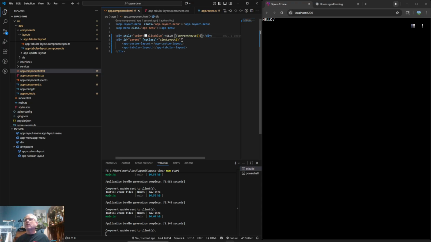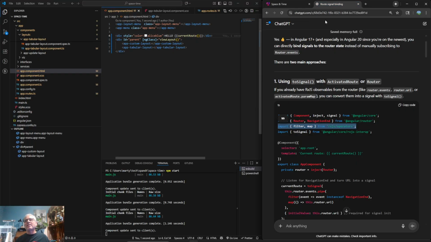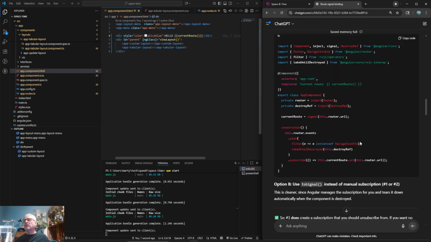So let's go ahead and change the route. It's adding the /tabular /custom. And right now we don't have any way of getting to a route. Well, we could. Let's see if we add update 1. We don't want this to say update 1. We want this to say update. All right, so now we want to do the second set of code that it provided down here,